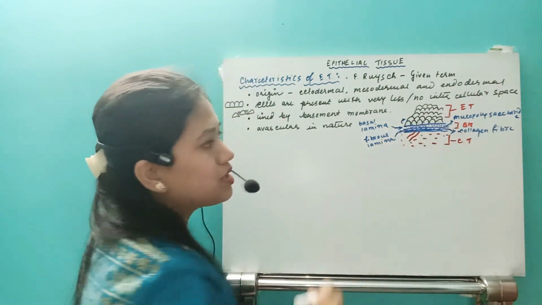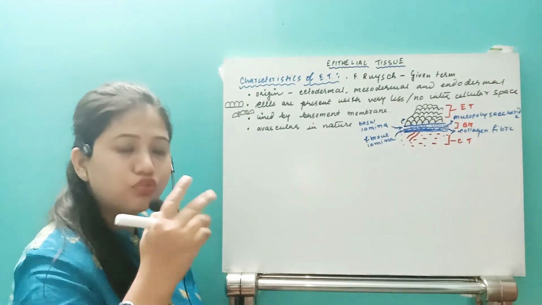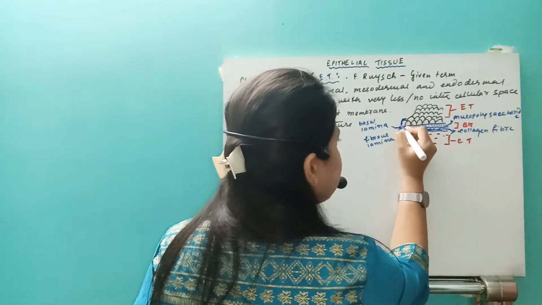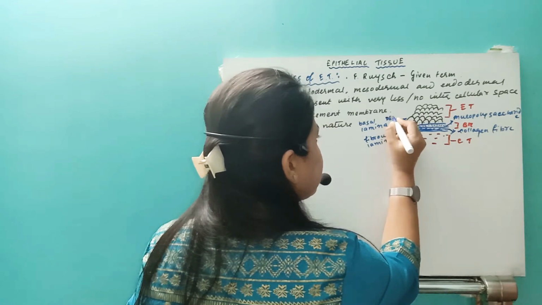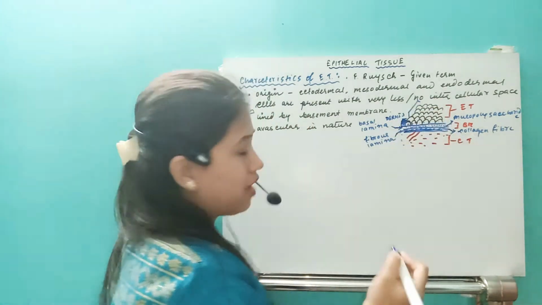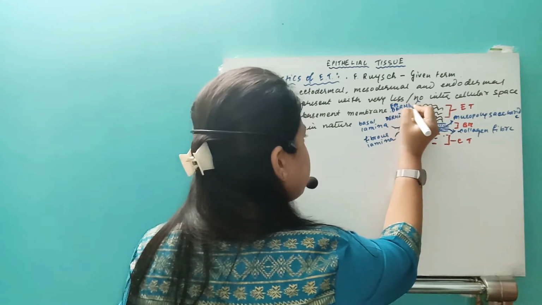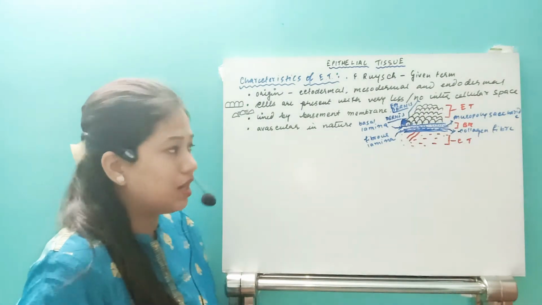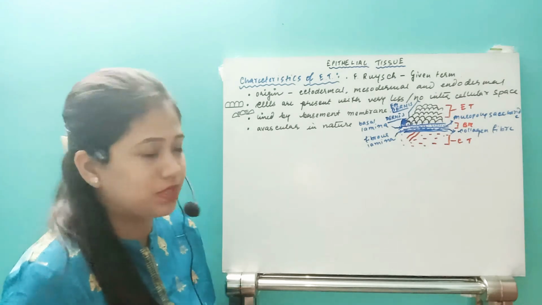That means it will go to this layer, and even in this epithelial tissue, if you have more than one layer, then you get two different parts. What are they? This part, the single layer, suppose this one only, is known as the dermis. And above that, however many layers you have will be known as the epidermis, right? So we have dermis and epidermis in the epithelial layer if it is compound or stratified type of epithelium.